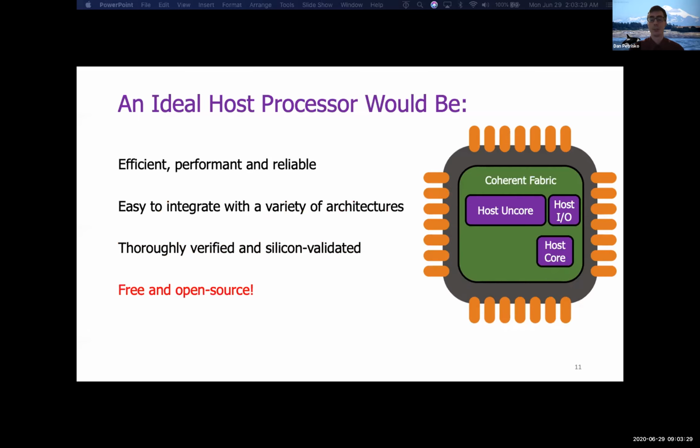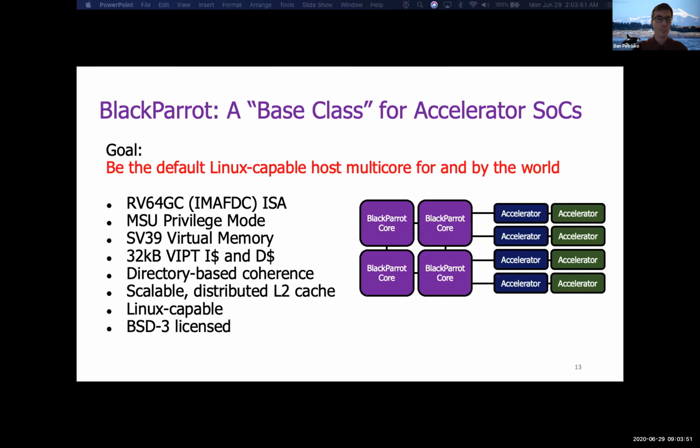We need to be able to experiment with the design without purchasing a license and be able to freely modify it so that we can simply attach our accelerator to the host system for rapid, realistic prototyping. If developers can bring their own accelerator and immediately get up and running with the full system, it increases the iteration speed of development, reducing time to market and allowing a wider pool of developers to make new classes of systems. So to fill this niche, we developed BlackParrot.